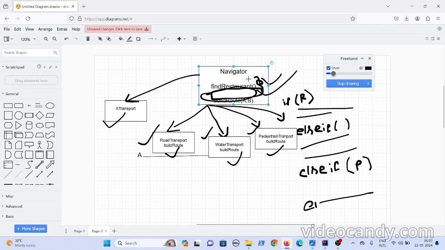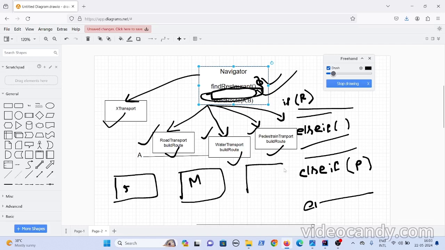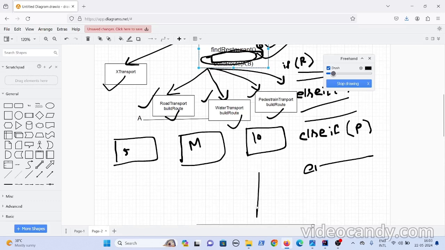Okay, now let's say we'll do the same thing. First, for 5-star you can create a 5-star restaurant class and implement this find restaurant logic. And for medium price you can create another class, medium priced. And for another thing, low price, you can create it. Likewise, even if another requirement comes, or another new kind of restaurant search query comes, you can add a new class.